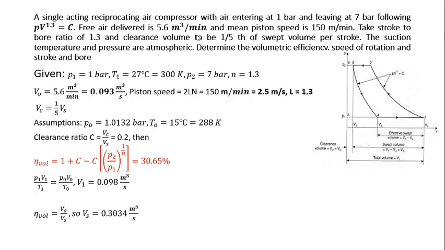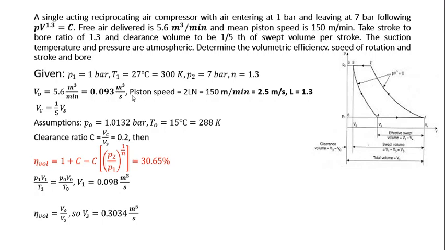I told you in the volumetric efficiency topic, that is the condition for suction condition same as the atmospheric condition. So this is such a case. Okay. Now the given data is P1 1 bar, T1 27 degrees Celsius converting to Kelvin, P2 7 bar,